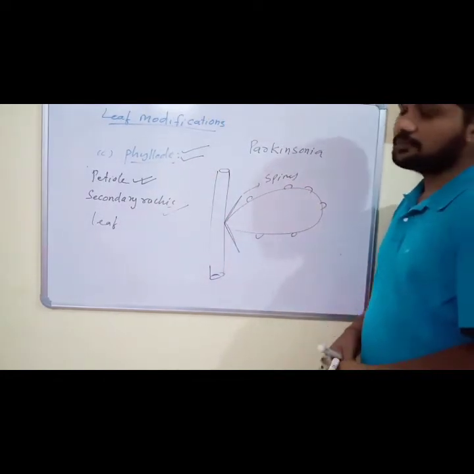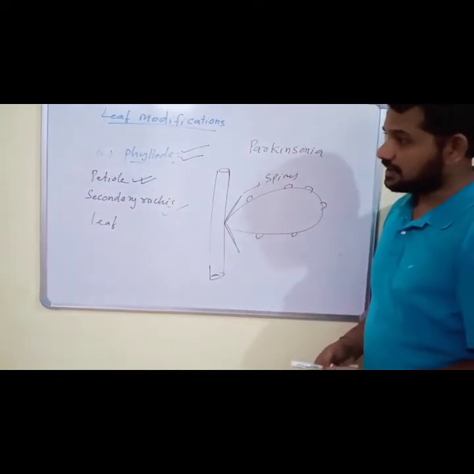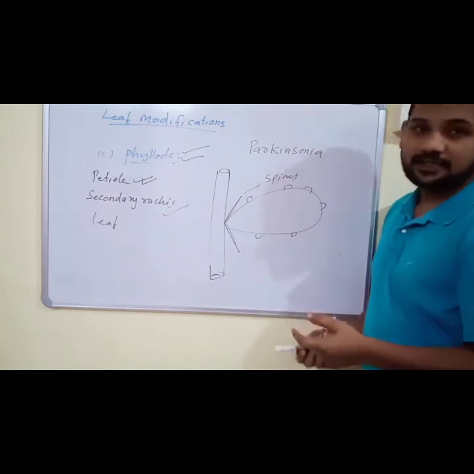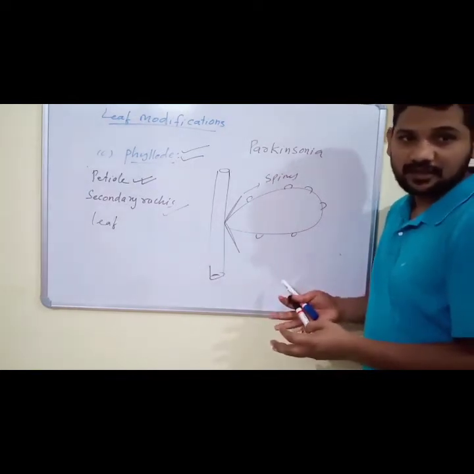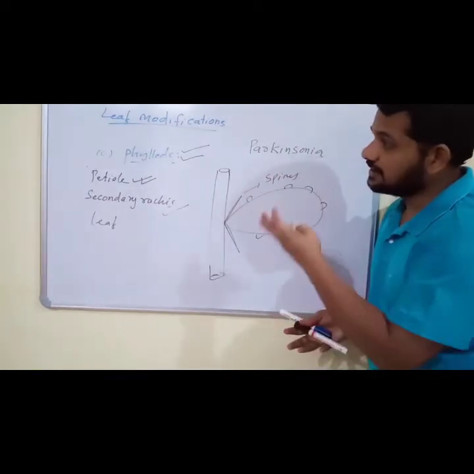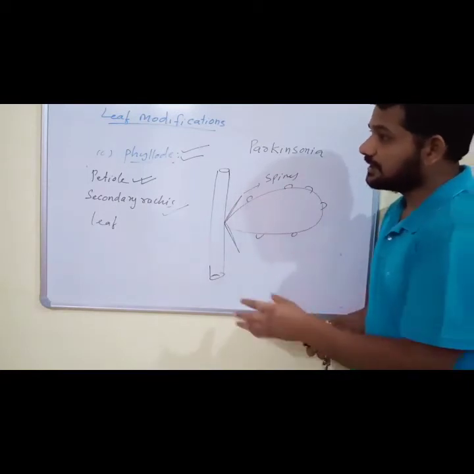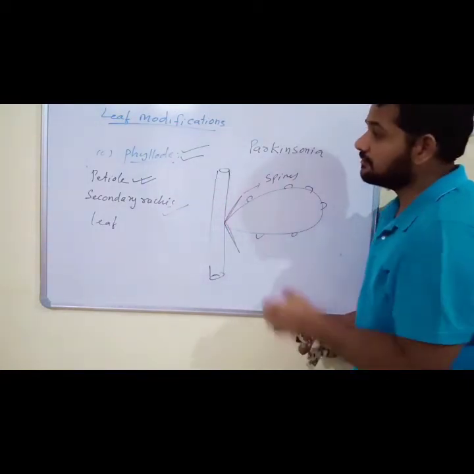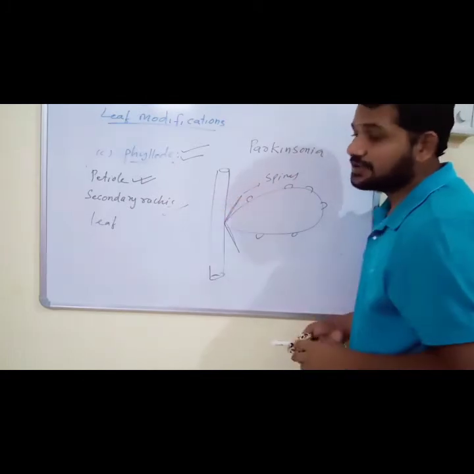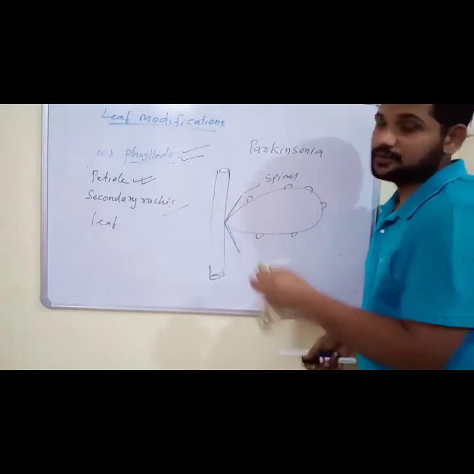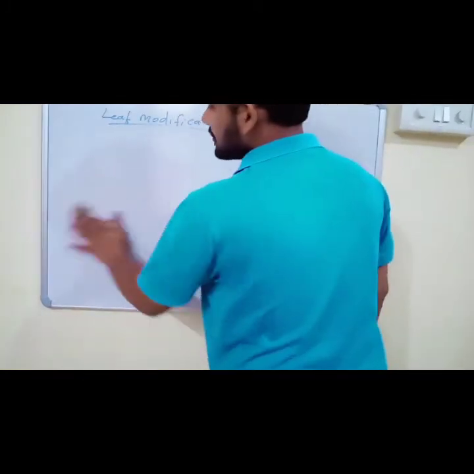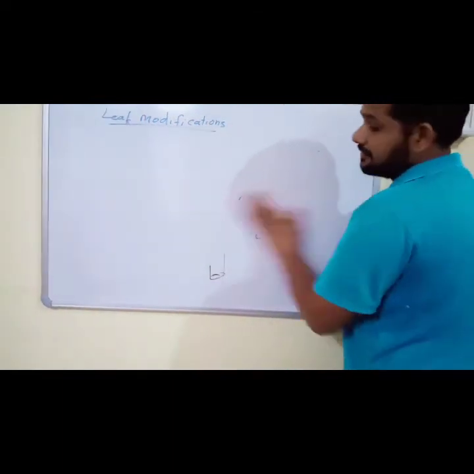What is phyllode? Either petiole or secondary rachis modified into green flattened structure which performs photosynthesis is called phyllode. In Australian acacia, petiole modified into phyllode, whereas in Parkinsonia, secondary rachis modified into phyllode. And next leaf modification is